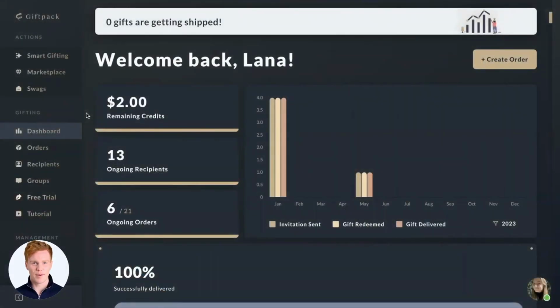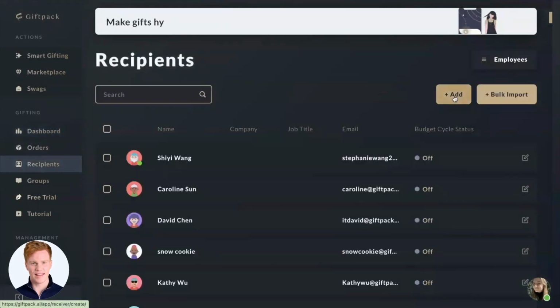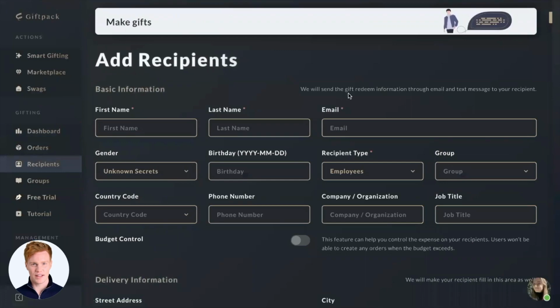First, let's add recipients. To do that, go to the Recipients tab on the left. Press Add in the top right corner and fill out the basic information about the recipient. You will need such information as the first and last name of a recipient, email address, and type of recipient